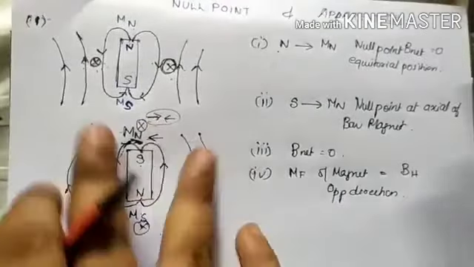I hope you remember the null points are at which points according to the bar magnet. It is at the equatorial position. So initially, suppose this is the Earth's magnetic north and magnetic south. I'm going to place the permanent magnet like this, right? The equatorial position is this one. So that point is P as per the question. That's much clear.